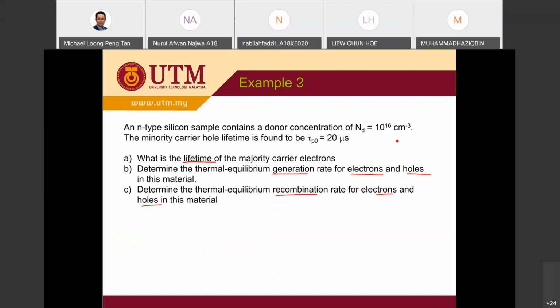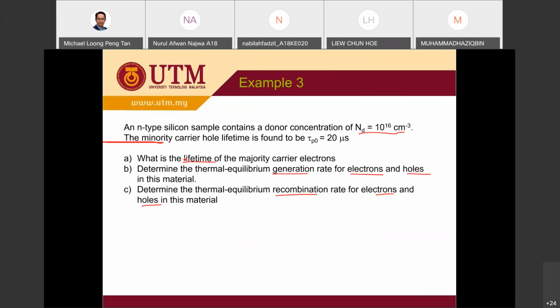Oh, now another example 3 here. Okay, now let's look at this example 3. We got an N-type silicon sample. We got donor, ND. The minority carrier is the hole, minority hole. So this is the N-type, the minority tau_p0 equals 20